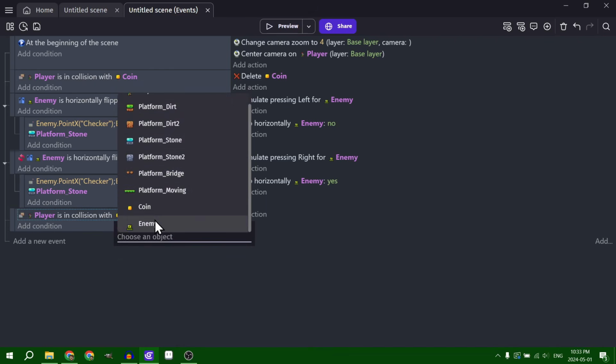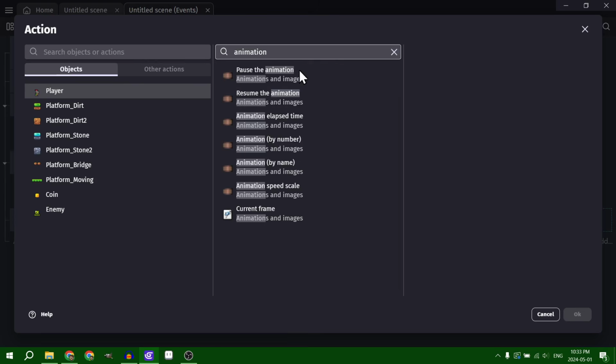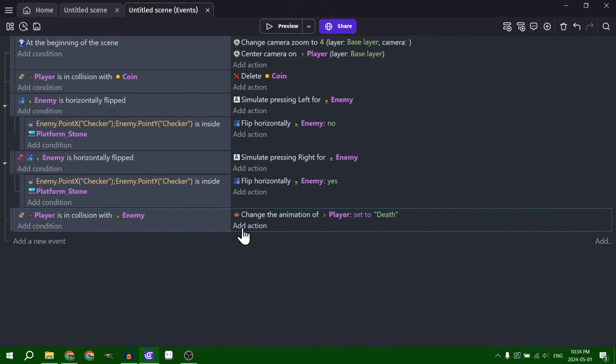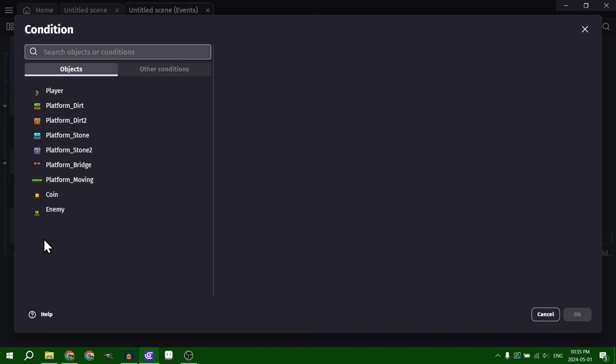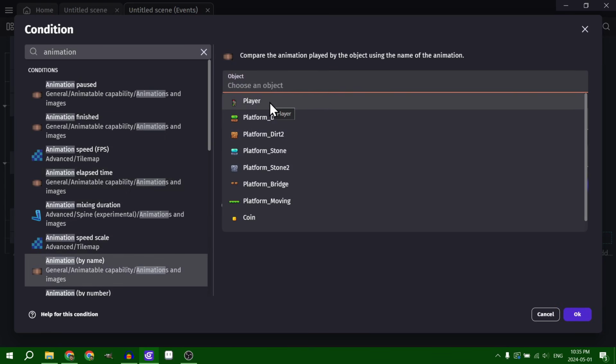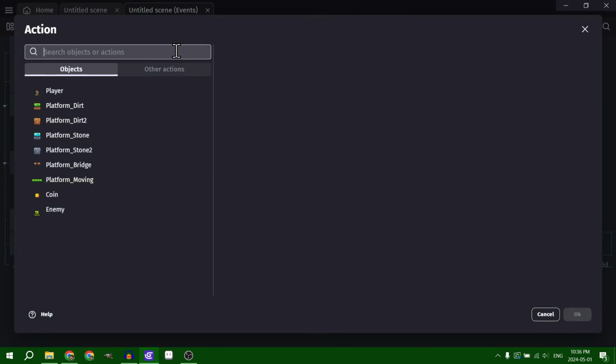but change the coin to the enemy object. We'll change the animation of the player based on its name to that death animation we just added. And then we'll create a new event and check if the animation is that death animation. Check the animation by name, select the player object, and if it's equal to death, then